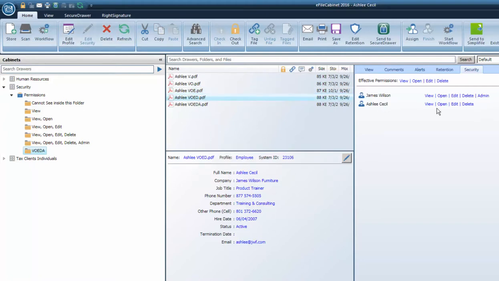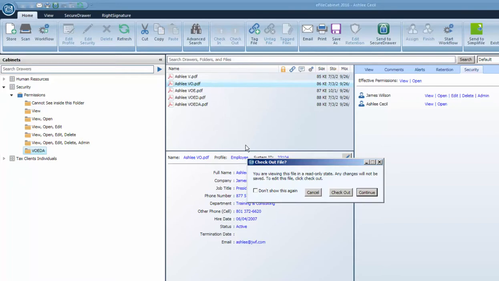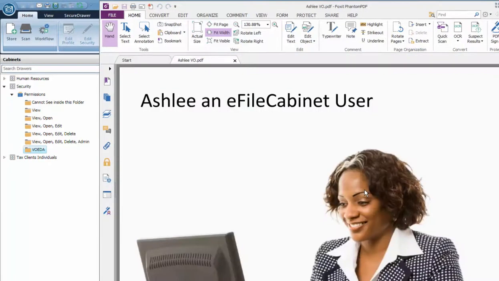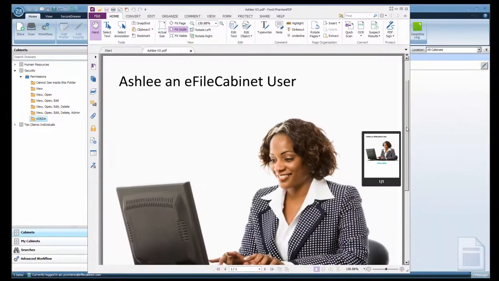Okay, but she cannot restore it unless she has the view, open, edit, delete, admin. Now she can restore the document. So let me do this. I am actually going to go to the view and open because this allows her to save the document. And so if I double left click, one of the choices here is to continue. This allows me to open the document. And now I have control of the document, and I can save it to my computer, to my desktop or